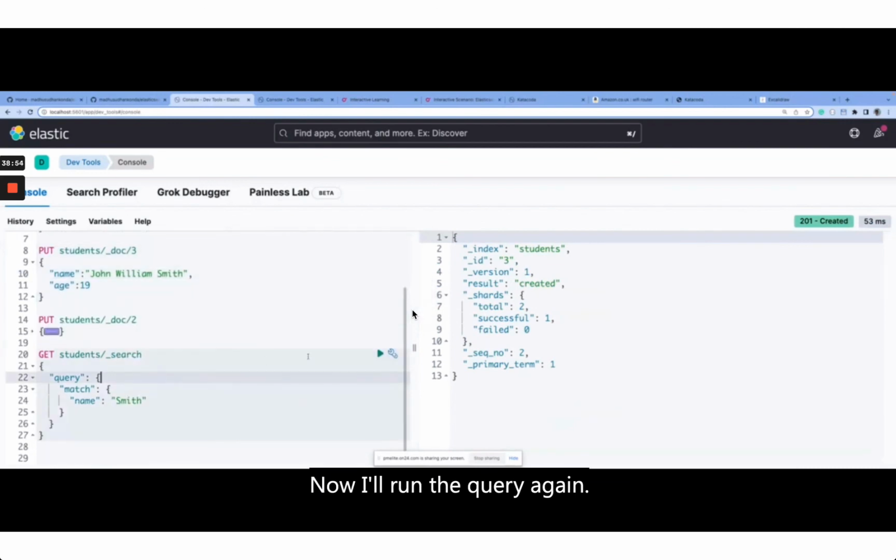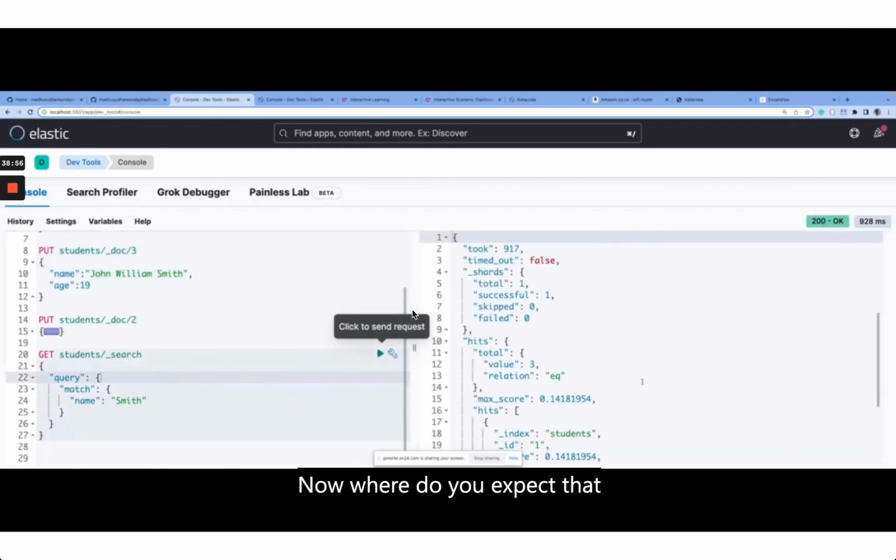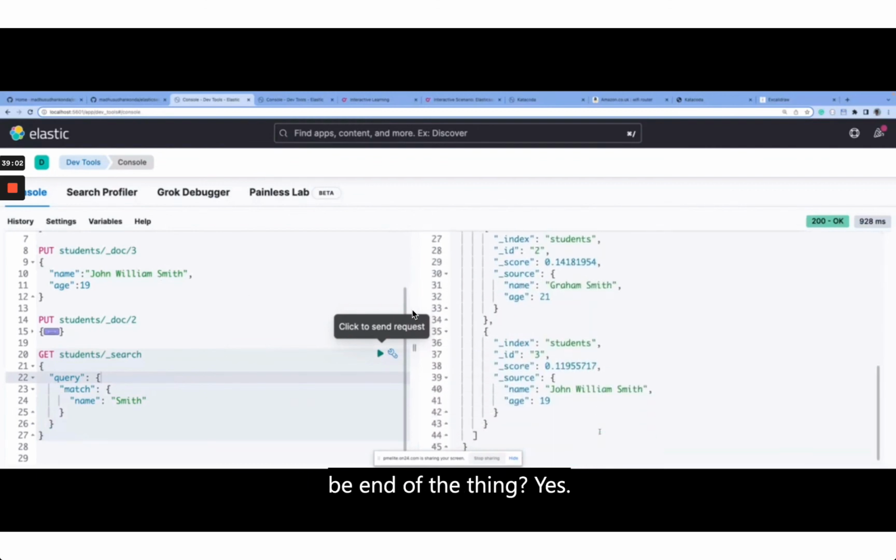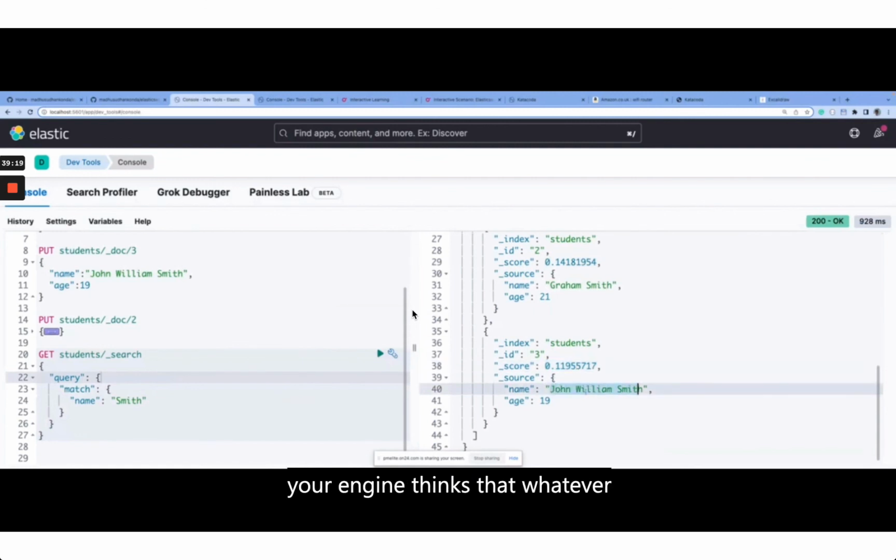Now I run the query again. Now, where do you expect the John William Smith to reach? You think that is going to be at the end? Yes. And did you see this is 0.14 and this has decreased? The relevancy score for this one has gone a little bit down. What I mean to say is that in this instance, Elasticsearch, your engine, thinks that whatever you're searching, Mr. Smith, this guy is kind of irrelevant